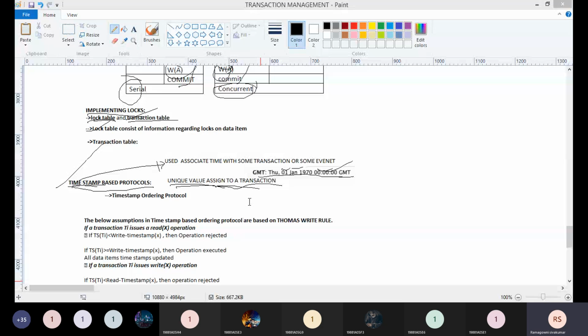Timestamp based protocol helps the database management system to identify transactions. The timestamp is a unique identifier. The timestamp protocol determines the serializable order and is only two of the logical count. When the timestamp ordering protocol